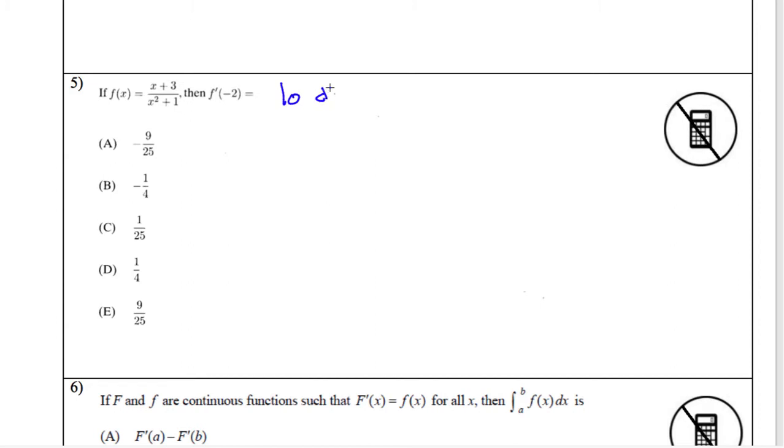Low D high times high D low. Low D high minus high D low. Oh, high D low, all over low low. Yep, there it is. So if I do that, I get